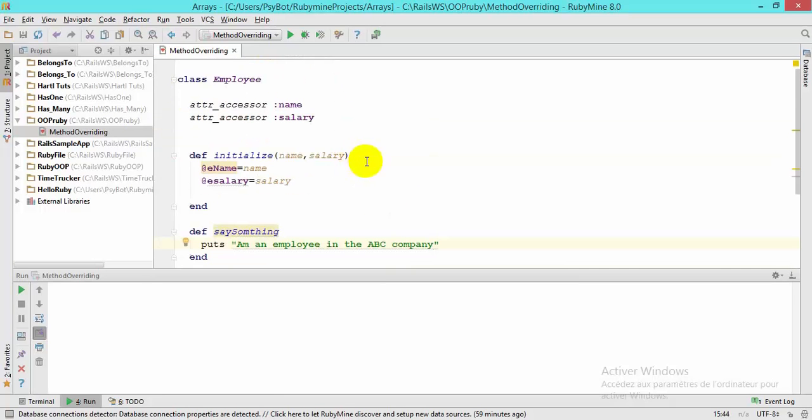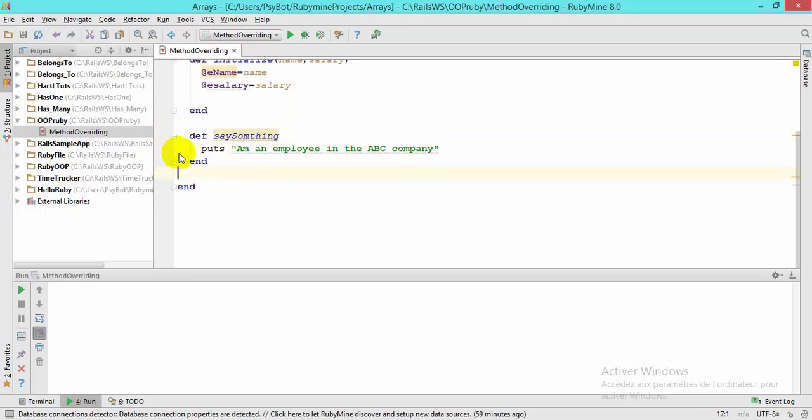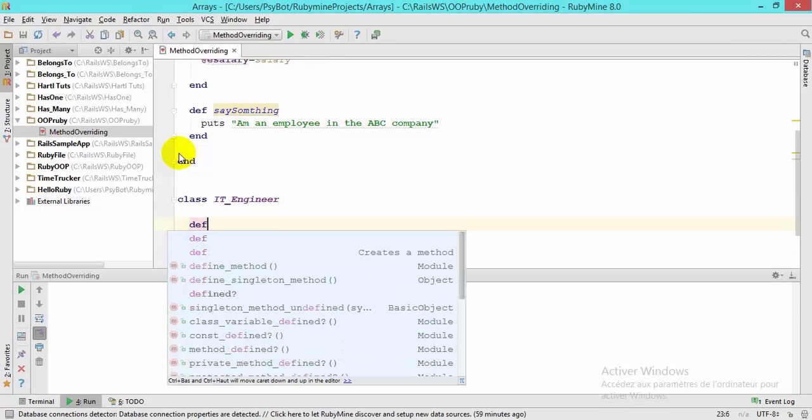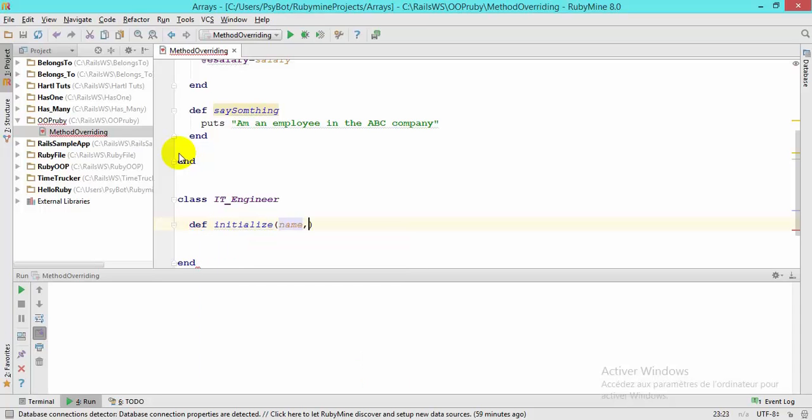Now I'm going to create a second class, the ET engineer class, that will inherit from the employee class. So outside the employee class definition, I'm going to create a new class ET engineer. So for this class, I'm just going to make the constructor. So def initialize, name, salary, and here super. Inside this one, I'm going to type